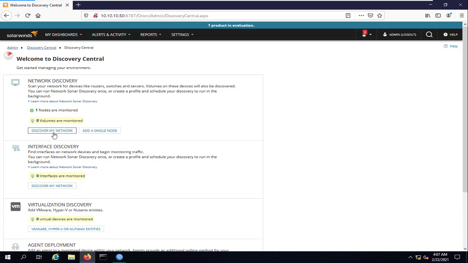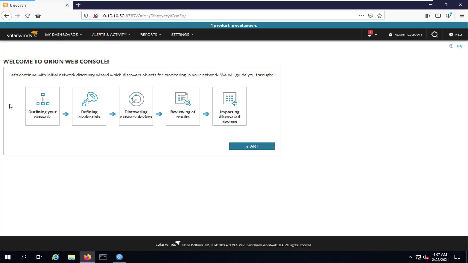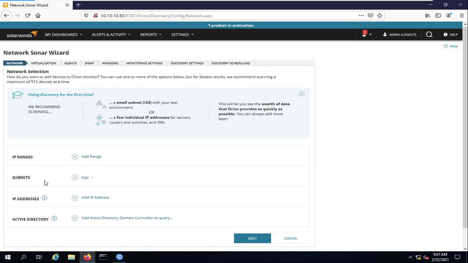So we're going to click on discover my network, and this is the path actually. Outline your network, define credential and things like that, and we'll say start. Here, as you can see, we can add subnets, even multiple subnets. For example, your switch's IP address, your router's VLAN IP address, your Windows servers, your whatever, and here we can